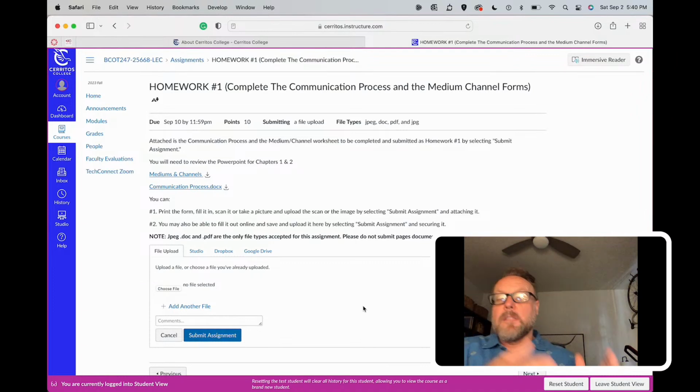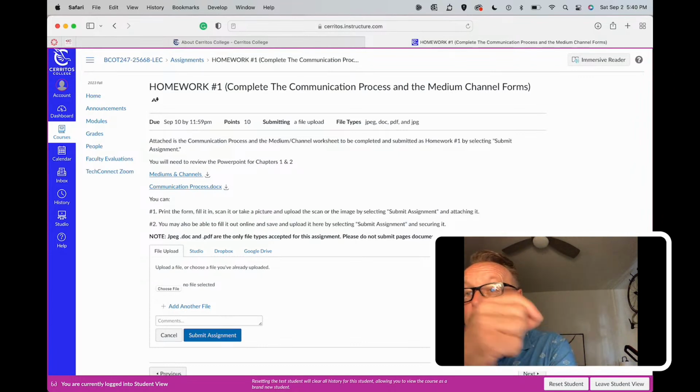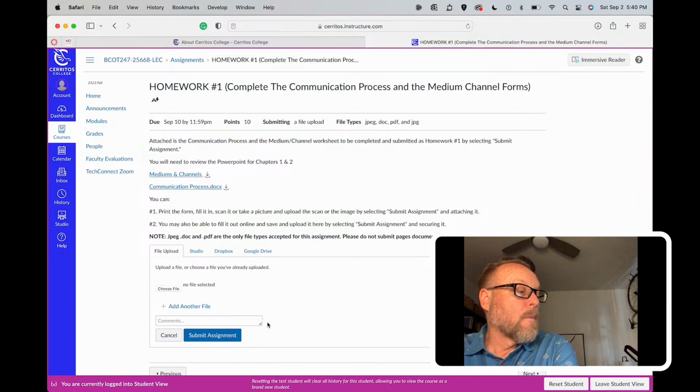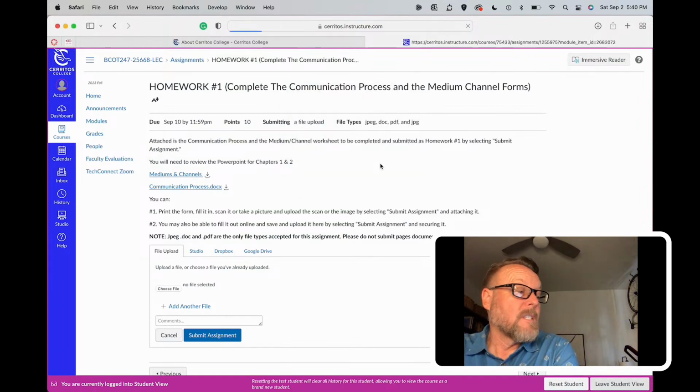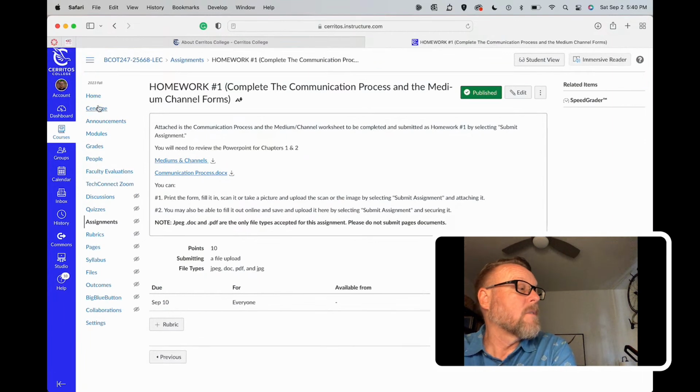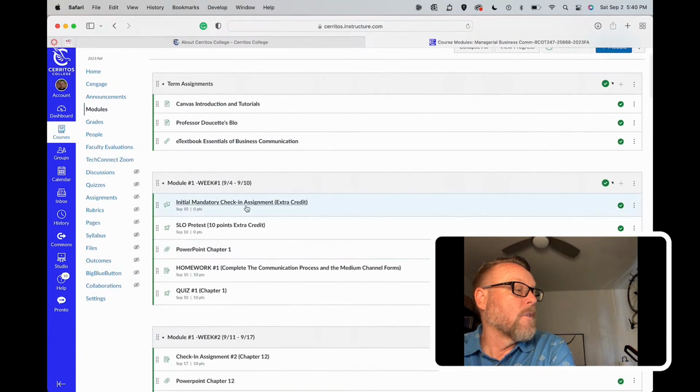So when you complete those worksheets, just attach them as files. You can fill them out by hand. You can download them and type into them from your computer. But either way, you're going to want to attach them back and then click submit assignment. That will submit your assignment for me to be able to grade it. So that's pretty much the first thing, is to make sure that you do those 2 assignments.